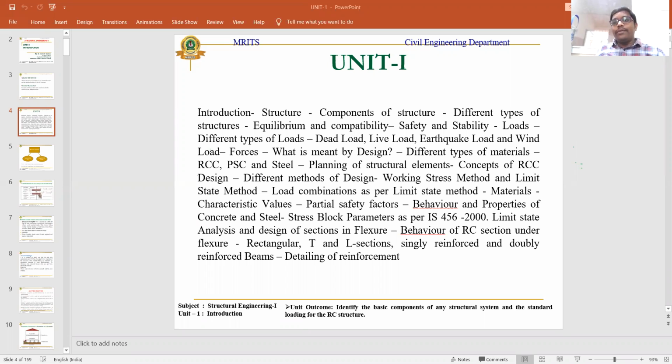For a given problem in the external exam, you must draw the cross sectional details. After knowing the cross sectional details, you can draw the cross sectional details of materials in the member. Based upon the given data in the question, you can assume and draw these cross sectional details in the member, in the concrete as well as in the tensile zone. After that, you need to draw the reinforcement details.